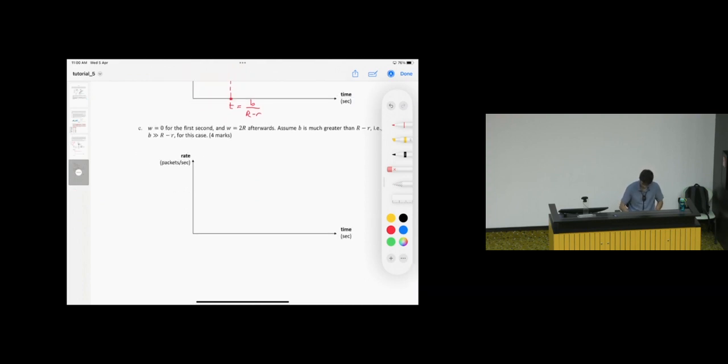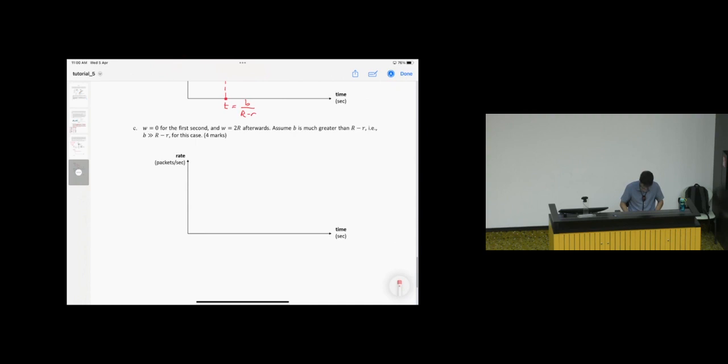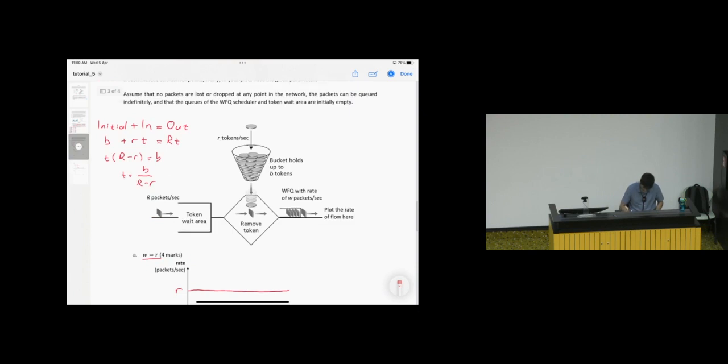Okay, so in C, W equals 0, so it gets a little bit more complicated here. W equals 0 for the first second, and W equals 2R afterwards. Assume B is much greater than capital R minus R. Okay, so